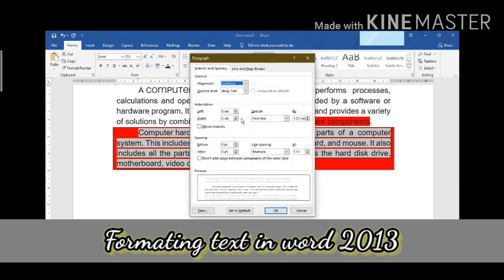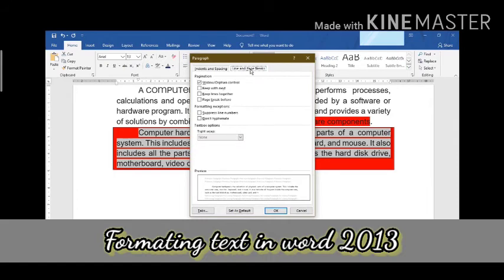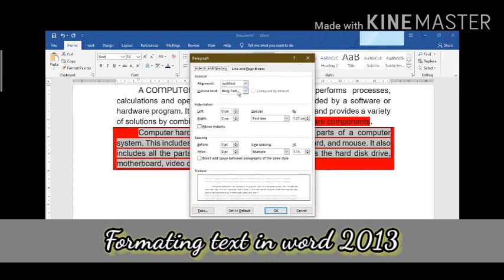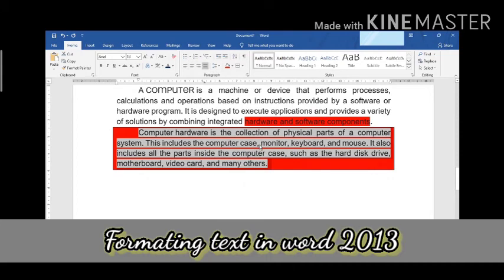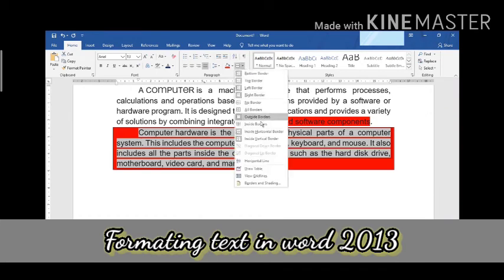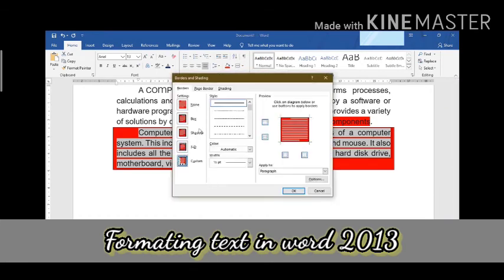Okay, then there are more options in the bordering dialog box: line and page breaks, indents and spacing. Okay, you can change from over here. You can give settings whichever you like and whichever pleases you.